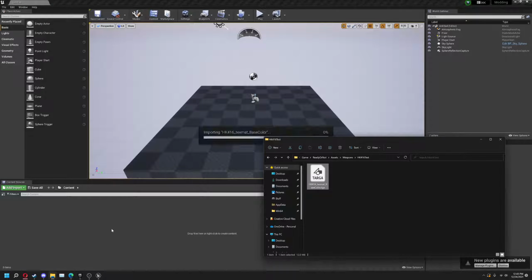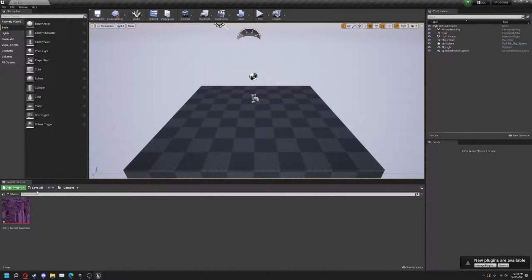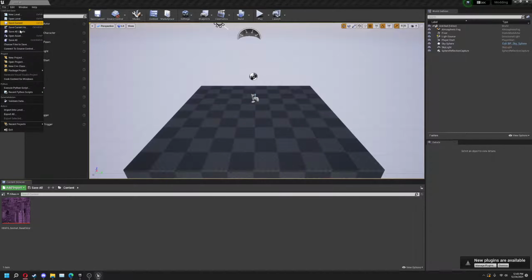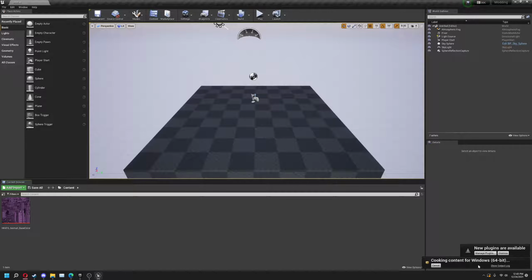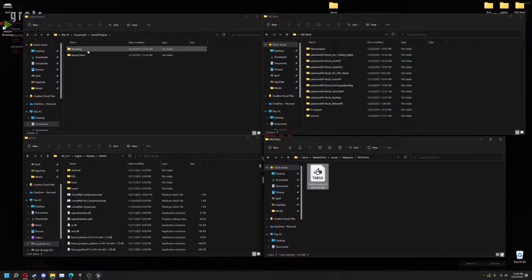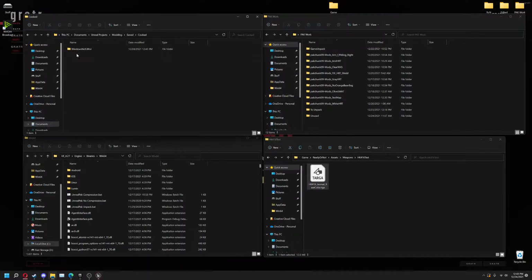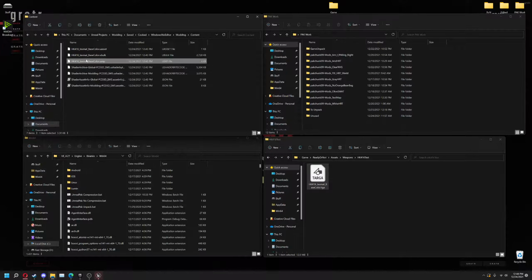So we're going to drag in the texture. We're going to save all. If you don't save, the file will not cook. We're going to go here, File, Cook Content for Windows, wait for it to cook. We're going to navigate to our Unreal Projects directory. We're going to go into Saved, Cooked, Windows No Editor, Modding, Content, and you can see the 3 files here